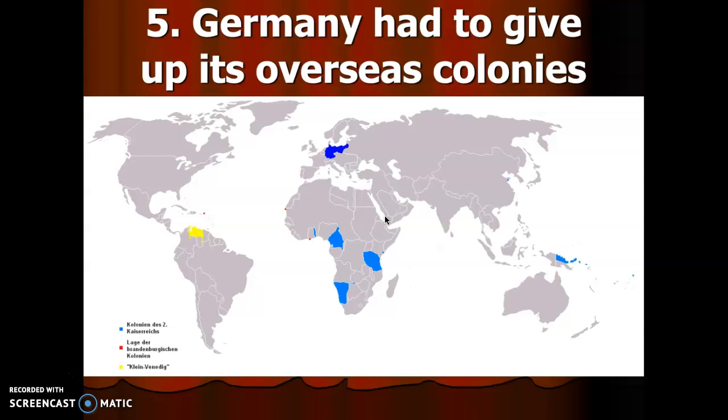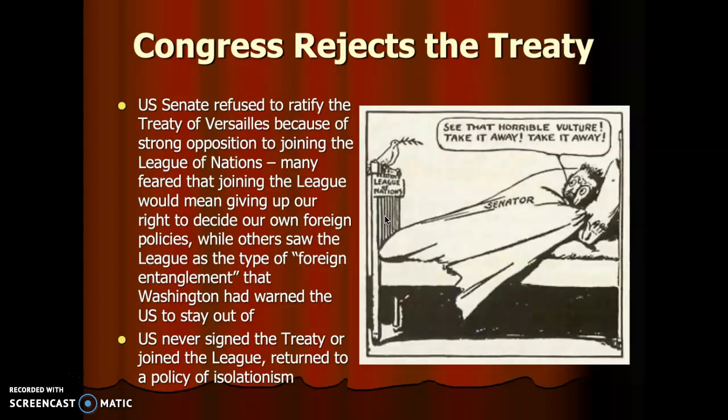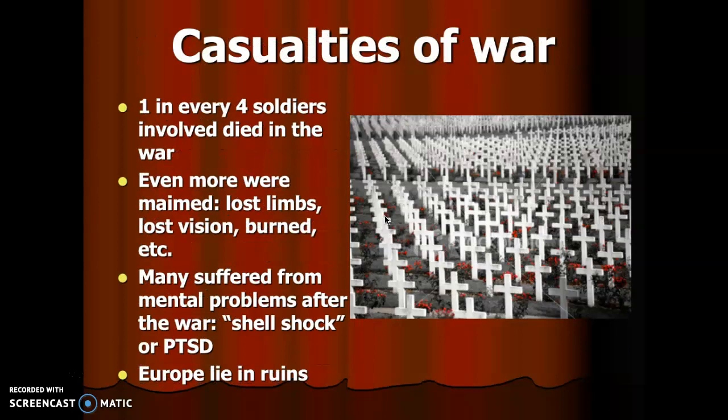Now, Germany is not going to be happy with this. And not only is Germany not going to be happy with this, but it's going to lead to the rise of an individual who says, shame, shame, shame on the world for what they've done to Germany. Let me see if I can help. And that individual who comes to help the furious Germans is an Austrian corporal, not a German, but an Austrian corporal who comes in, and his name is Adolf Hitler.